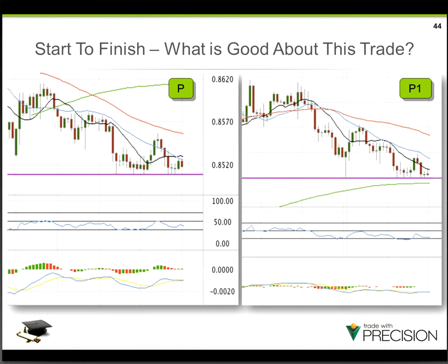This was just kind of a screen real estate issue, if you will, because we're on some lower time frames here. The flat level is forming and has already been tested 3 or 4 times on P, this chart right here. The flat level is forming at a big round number, right around that 8,500 level. Moving averages are fanning out in order on P1, which is good. Indicators are slightly divergent on P, and that's the reason for concern on the precision chart, right? Because that's